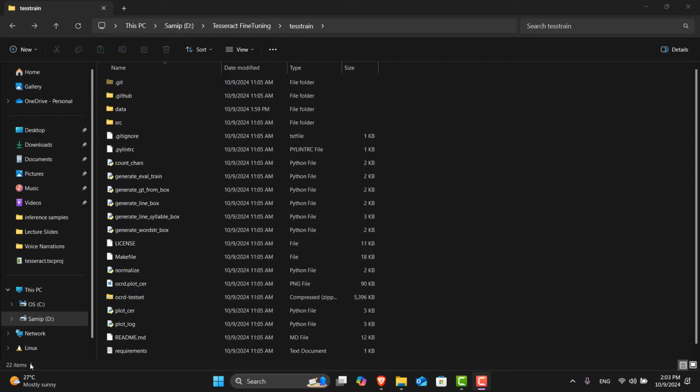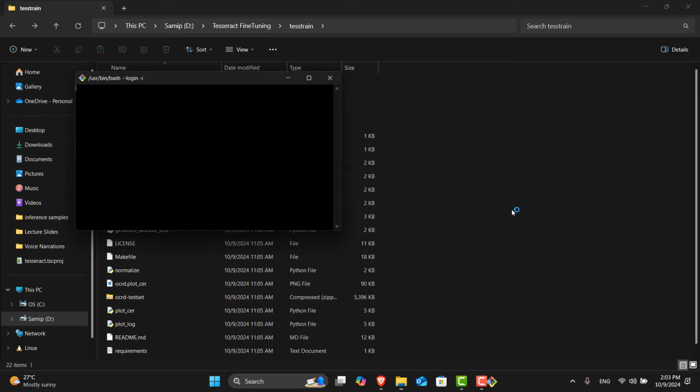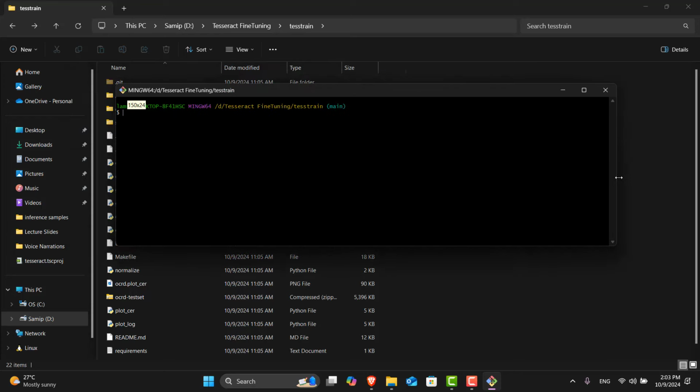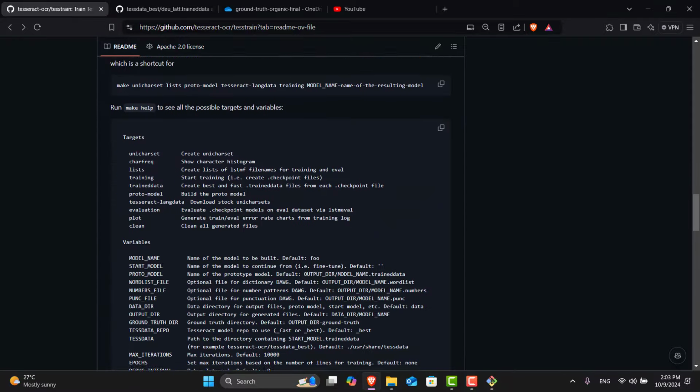Okay, so now we are going to train the model. Go to the tesstrain directory, then shift right click, and you can open Git Bash from here. You cannot use command prompt or PowerShell, you must use Git Bash in this step. Now we're going to be running the training command. You can find this in the tesstrain repository. It has detailed documentation on